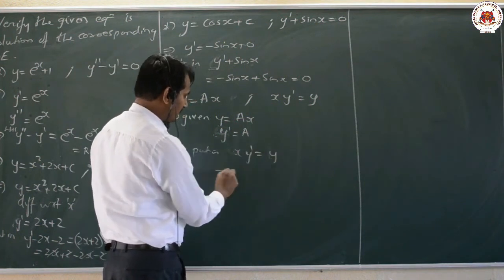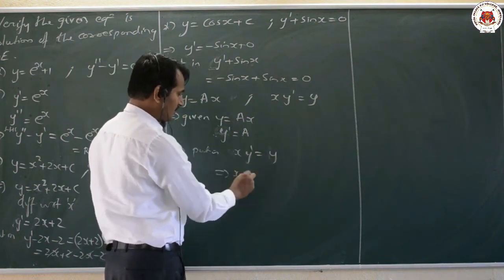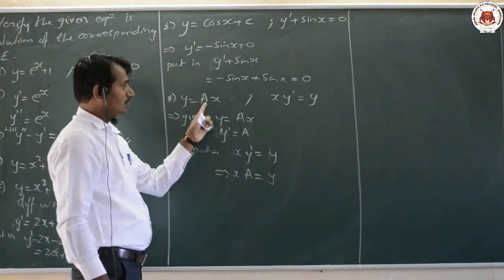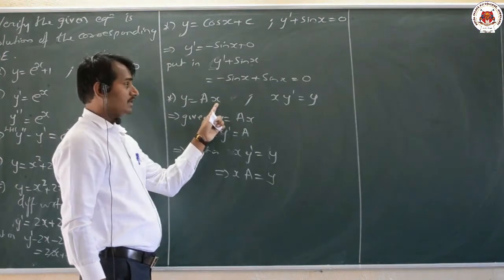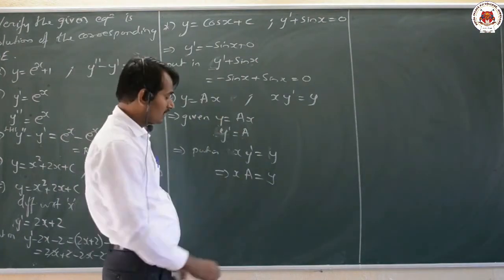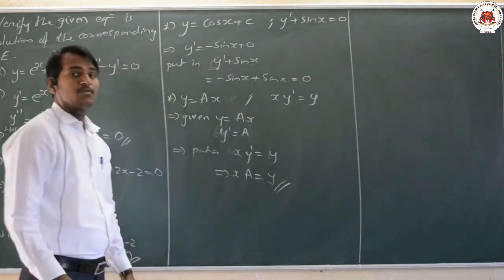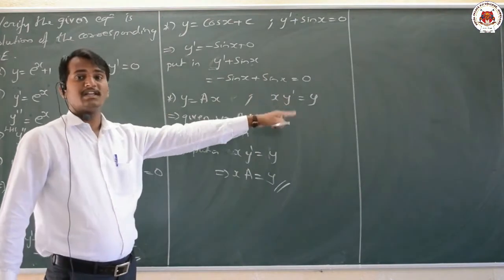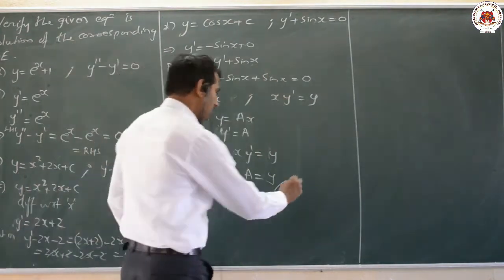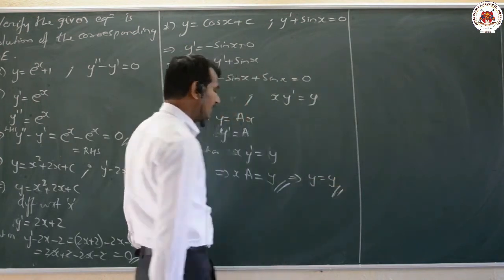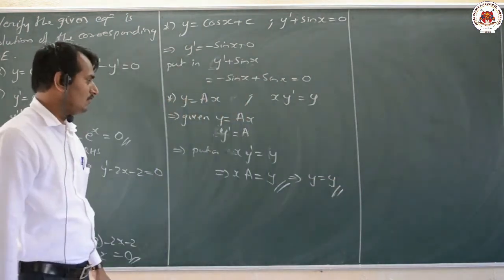That implies here y' is equal to a e^x, and y is equal to a e^x. Now here we have to observe that y = a e^x, and here also x times a e^x gives y. That means it is our required solution. After substituting this value, LHS equals RHS. That implies x times a e^x is nothing but y, so it is equal to y only.